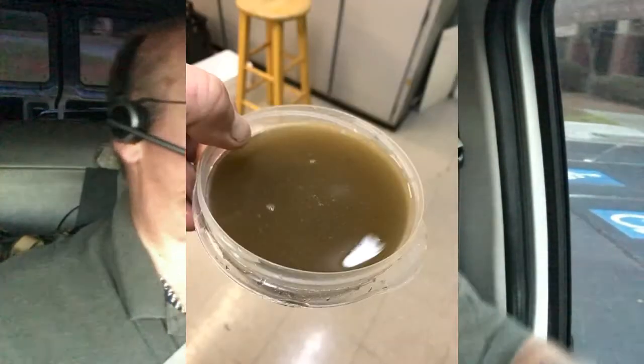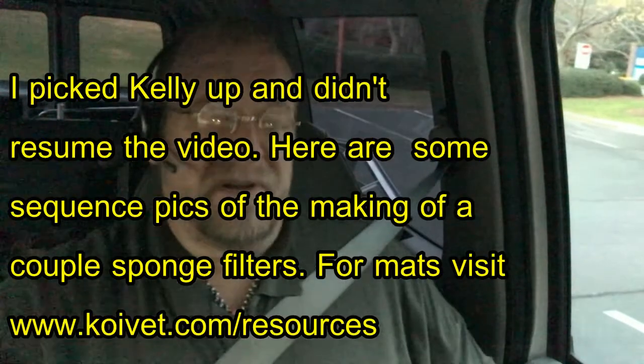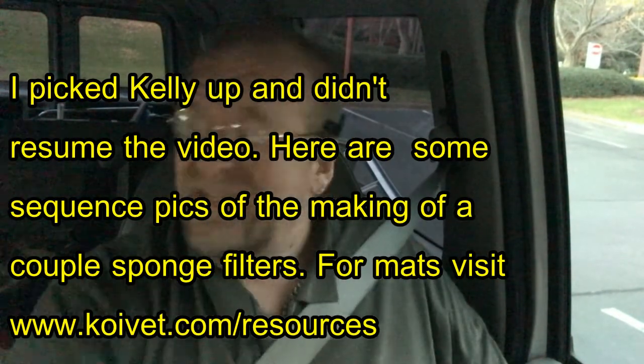Now I'm showing you a wood turtle tank that has one that's powered, and basically you put the pump in the